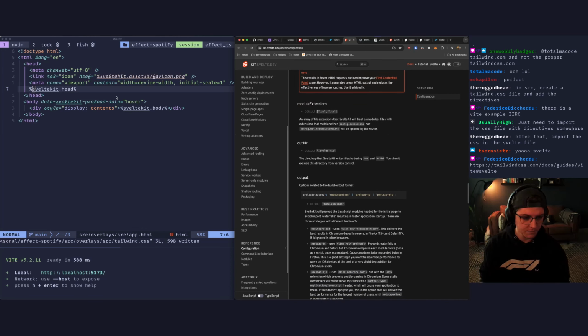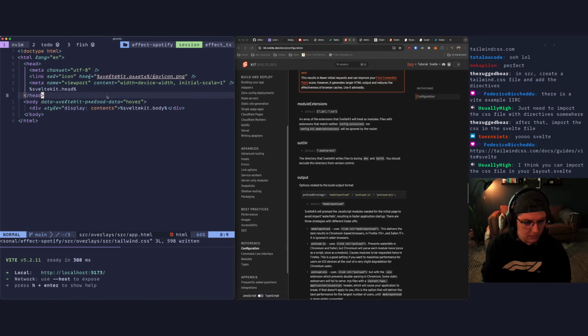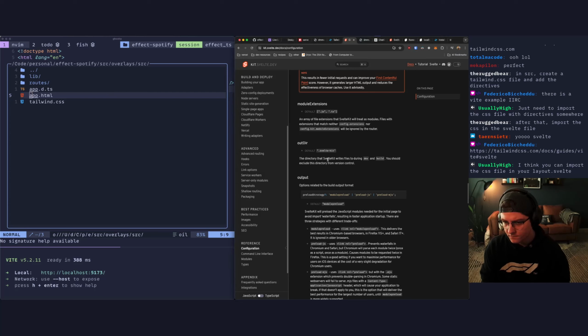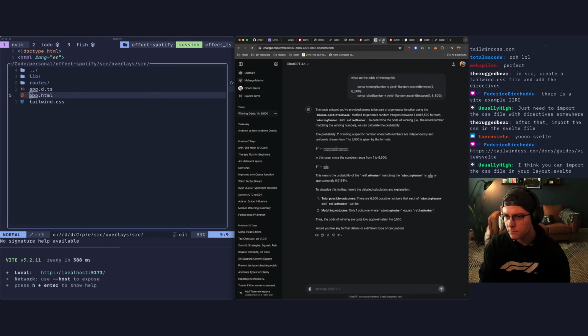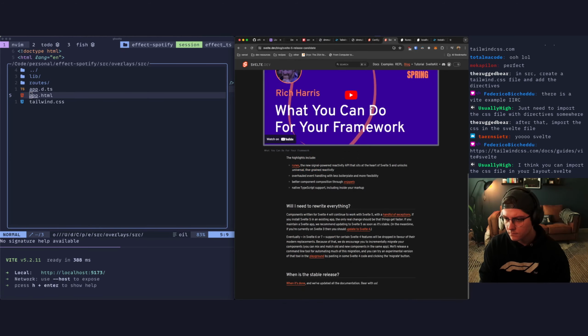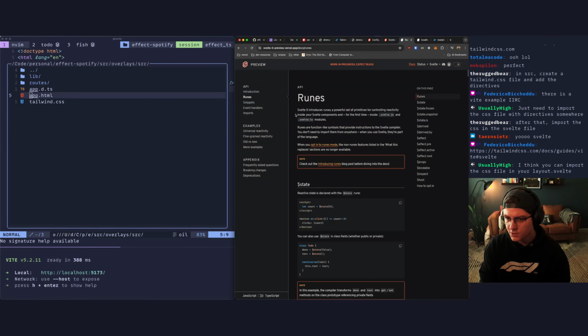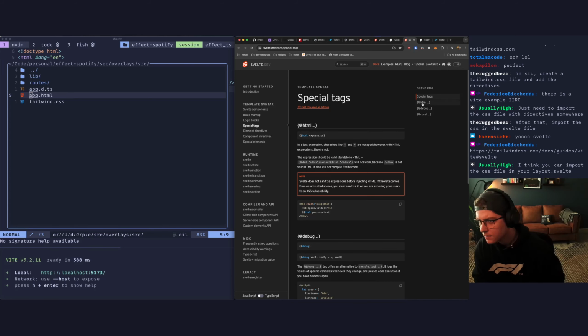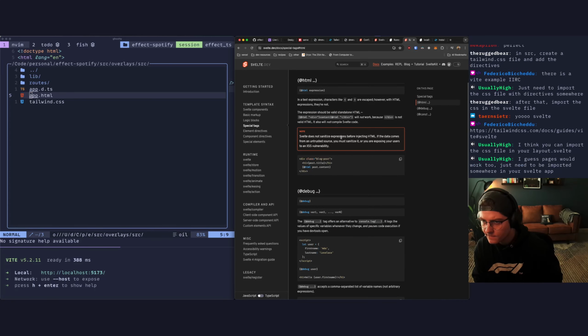Can I just do it in the layout.svelte? I don't have a layout though. I just need to go to normal Svelte, I think. Read the docs. Special tags. HTML. Nope.